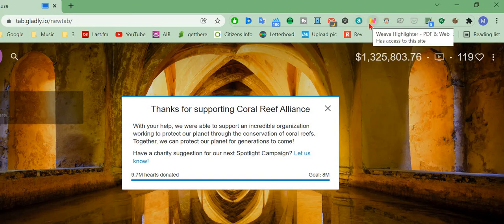This I like as well a lot. This is really handy for me. This is the Viva highlighter for PDF and web. So what that does is, sometimes I'm reading an article and I might be going somewhere for a bit, and I'll be coming back to continue reading it soon, but I want to remember where I finished, where I have to continue. So like I can